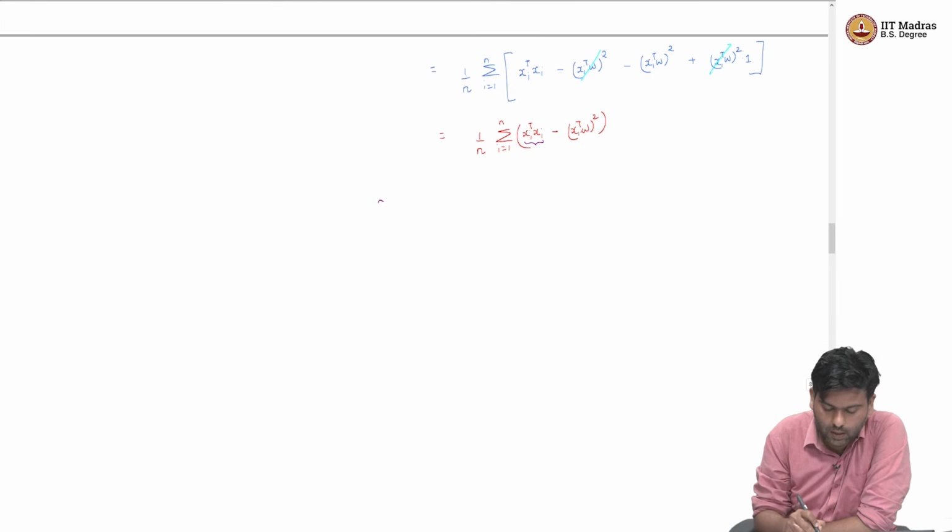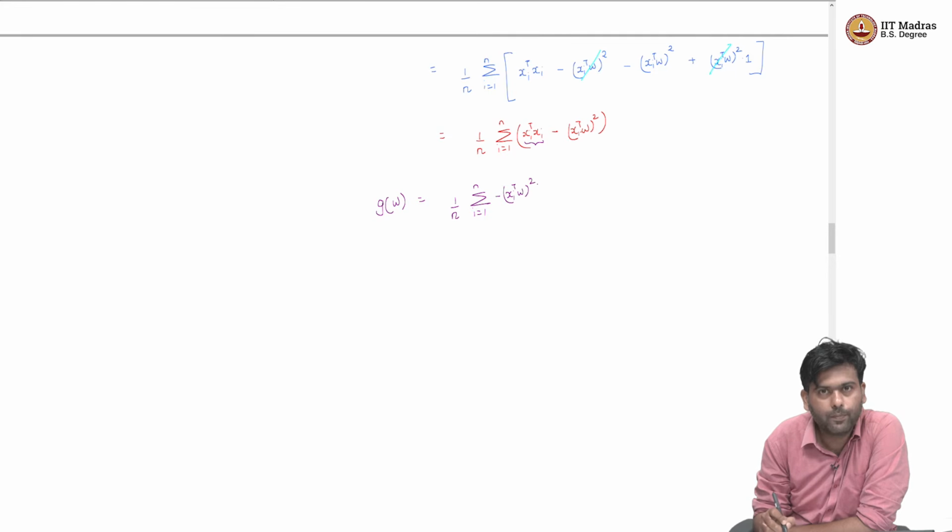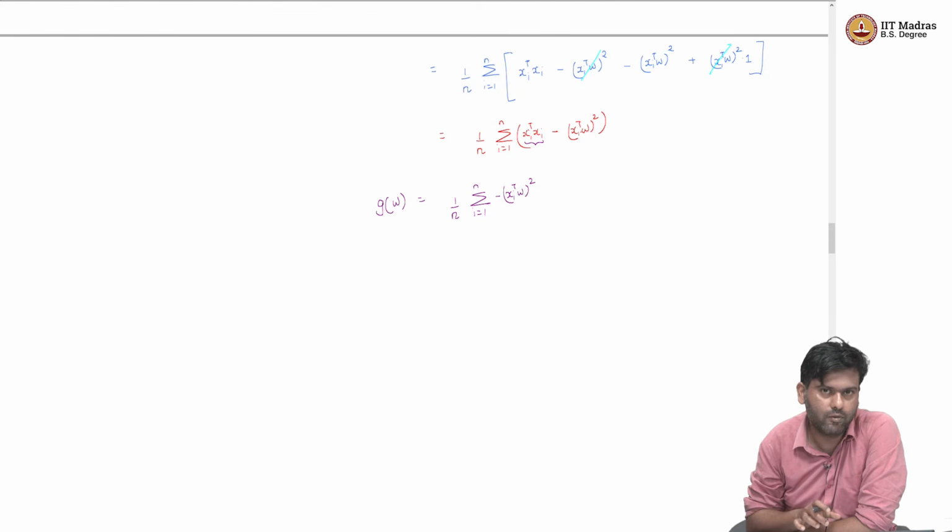Equivalently, I can minimize a different function without that constant, which would simply be 1 by n sum over i equals 1 to n of minus xi transpose W squared. So that constant can go away, and whichever W minimizes g of W is also the one that minimizes f of W. If you are not convinced about this, pause and think about why this constant does not matter